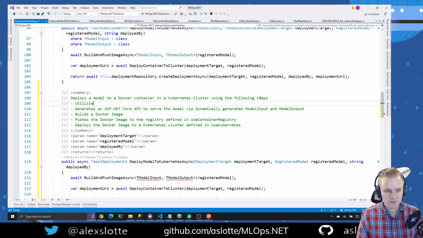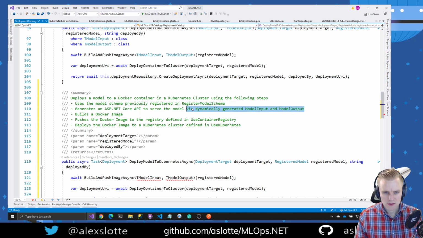License uses the model schema previously registered in register model schema. Okay,